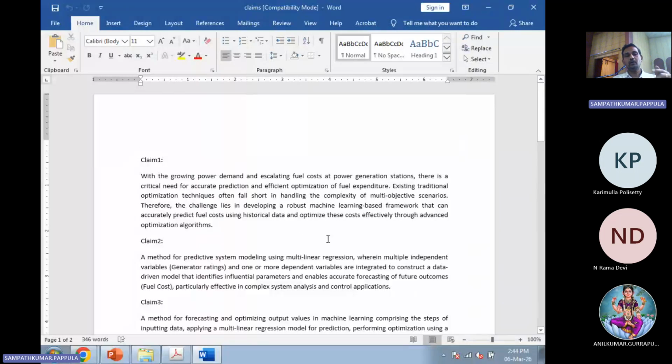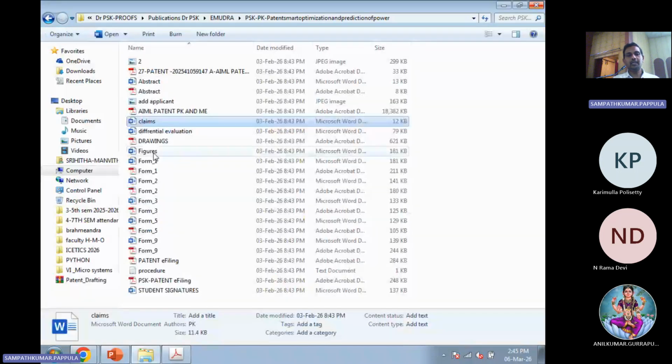So like that, you need to form a minimum of 10 claims from your paper, right? So this is also an important thing. You need to prepare this claims file. Okay, so the figures file is important and the claims file is important, along with the required forms. Required forms means you can fill them from your paper only, by copy and paste. You can get those particular forms and fill them easily,